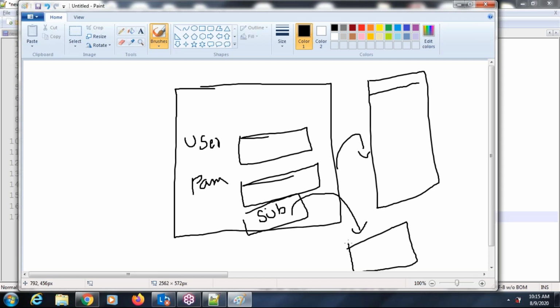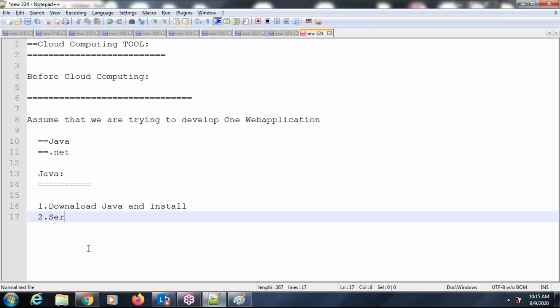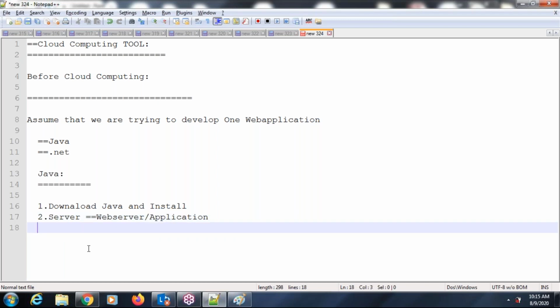So for any web application we develop, the second software required is a server. We have a lot of servers: web server and application server. So the second software we need is to download the server and install the server. That is the second one. Then the